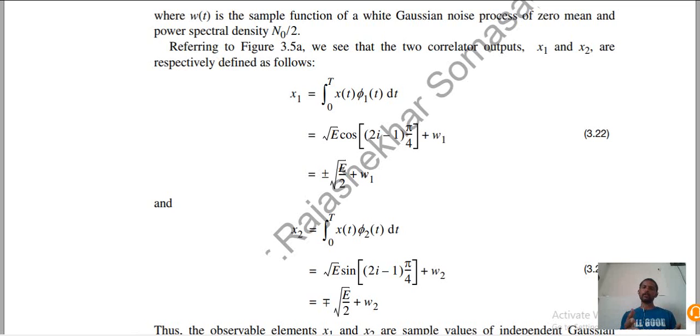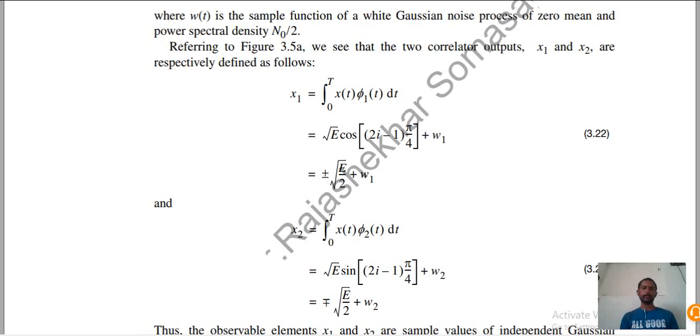x of t and phi 1 of t, the product is given as root E cos of (2i minus 1) pi by 4 plus w1. After simplification we get plus or minus square root of E by 2 plus the additive noise after the transmitter. And x2, for the quadrature phase, is the integration from 0 to T